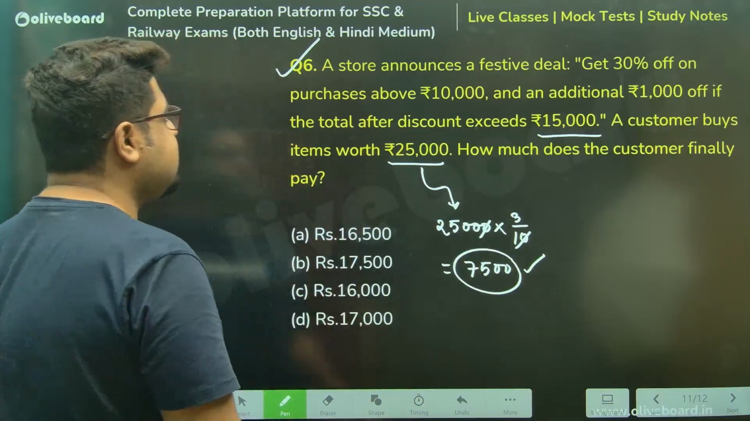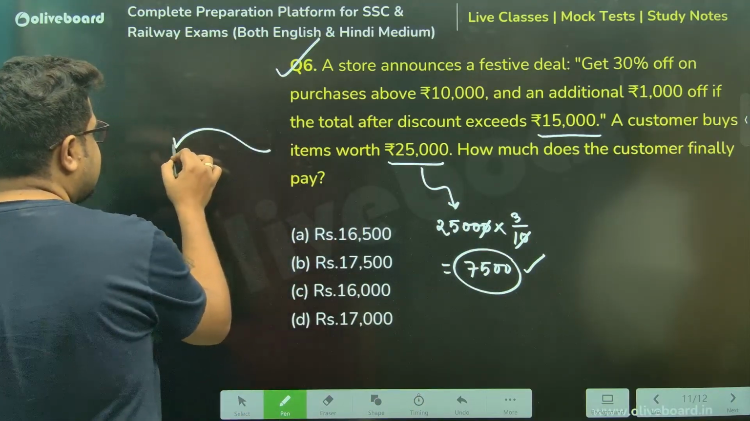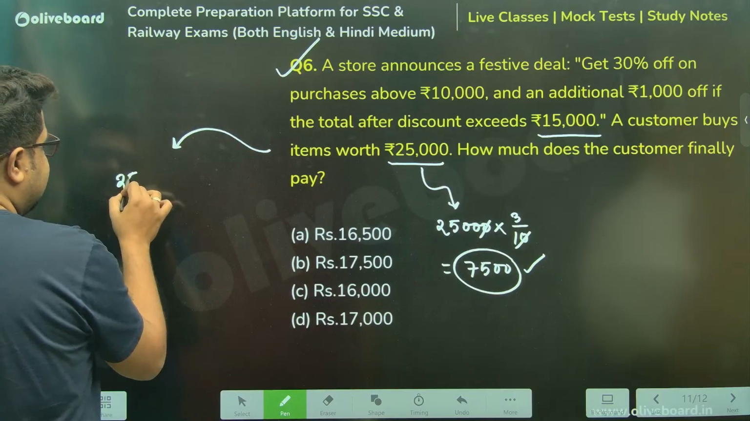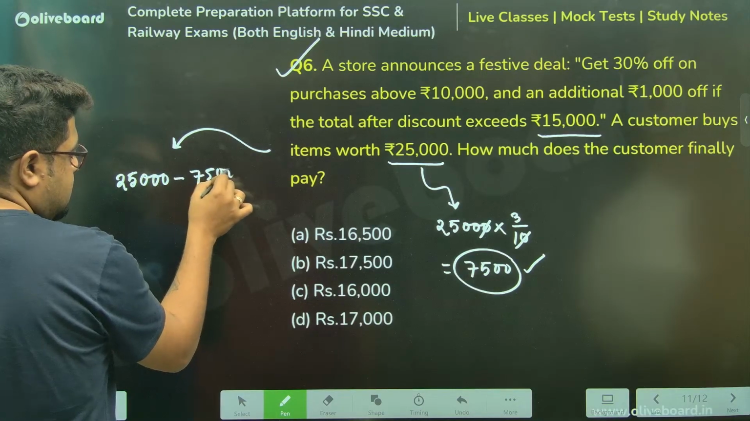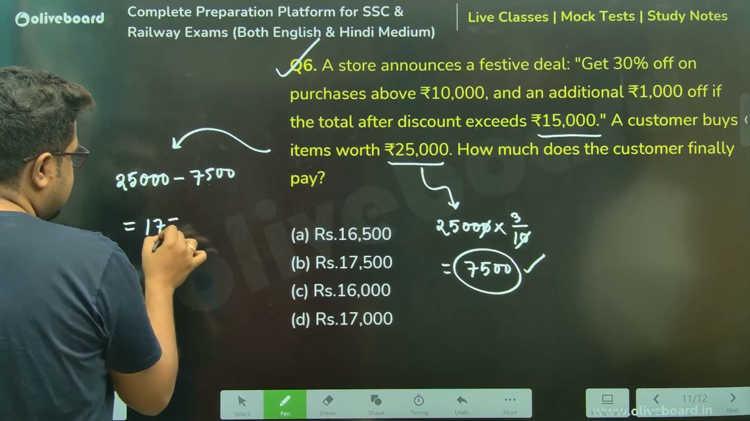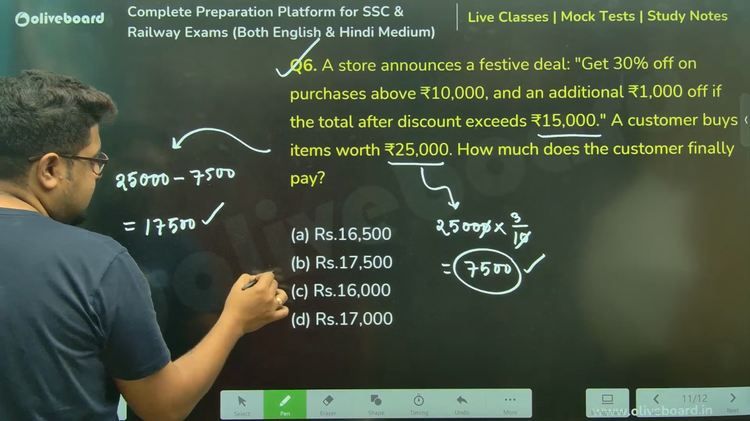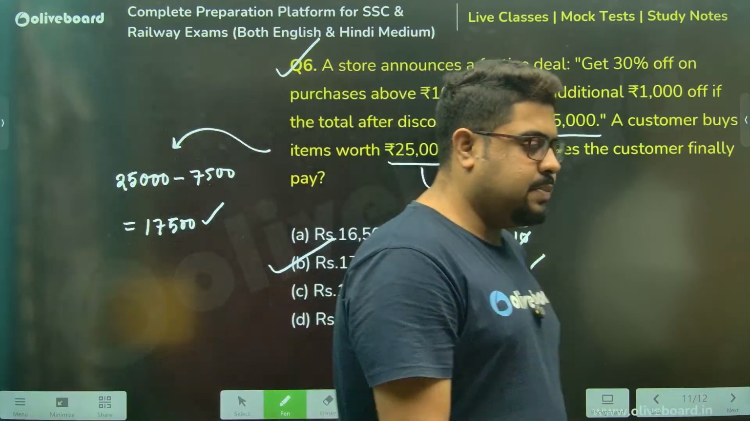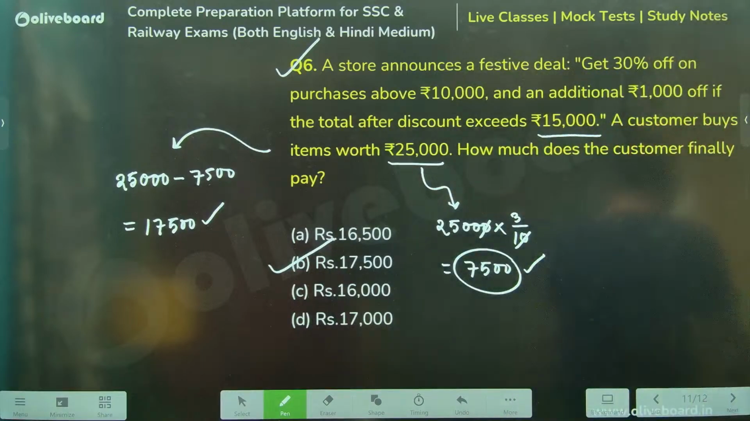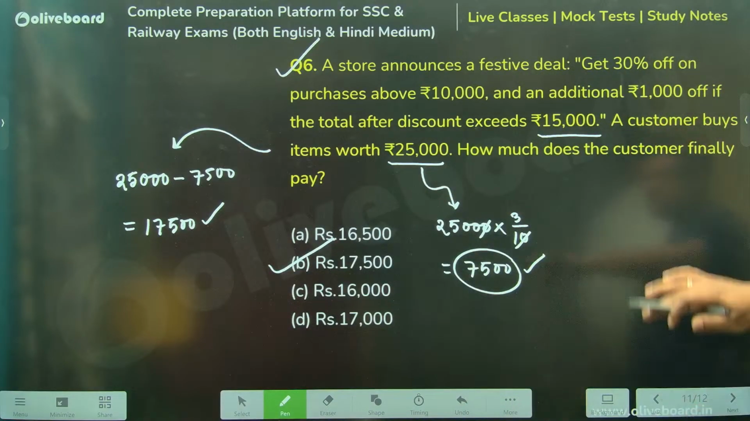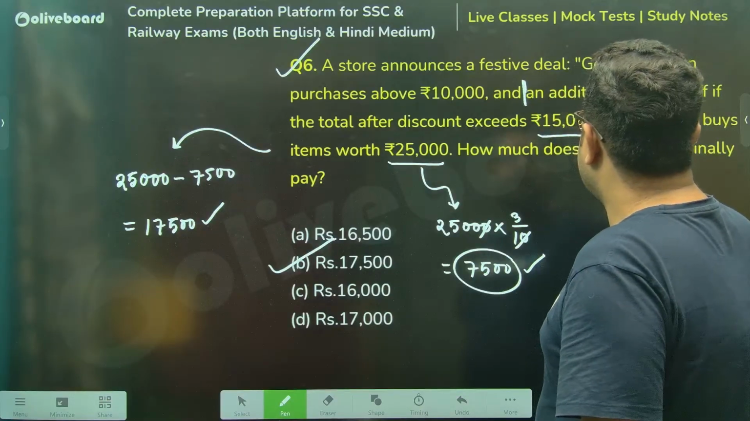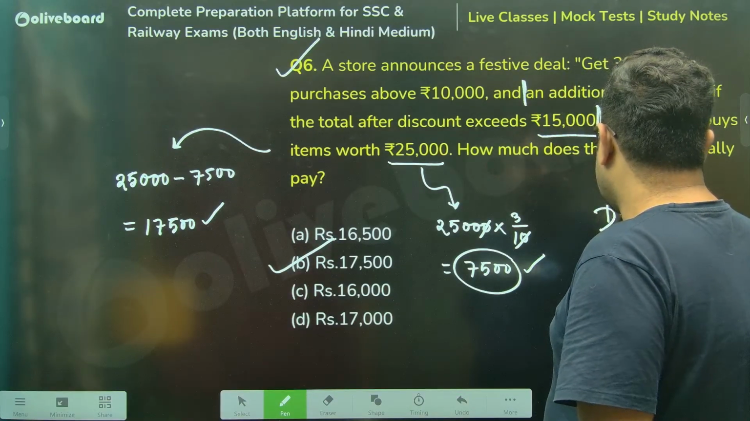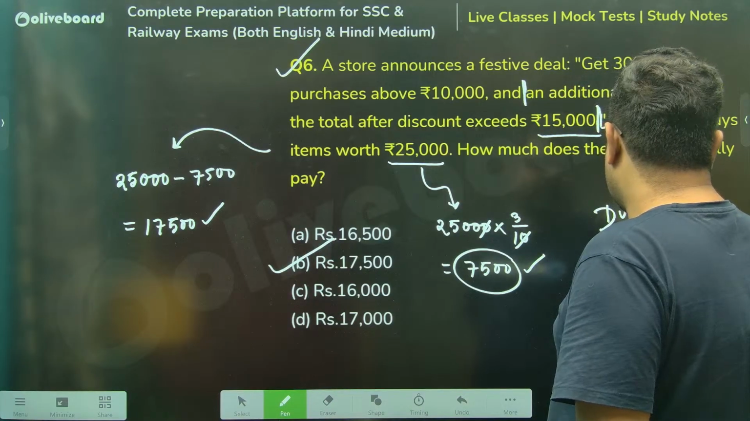So the customer needs to pay how much? Again, you'll say, this was a one-line question, sir. So that will be 17,500 rupees. Option number B, sir. So all this extra data was dummy data, meaning this was there